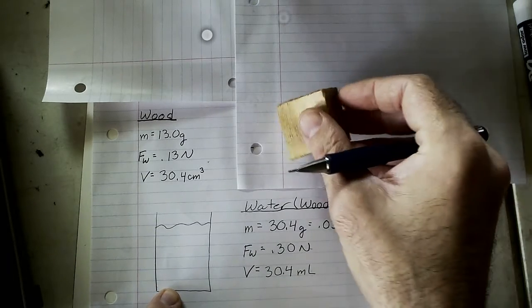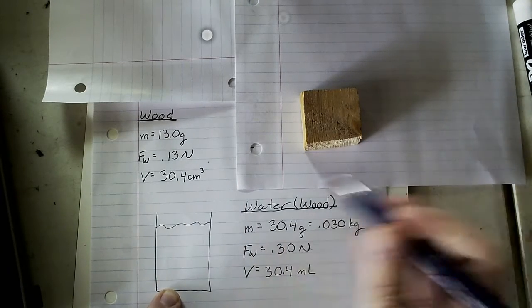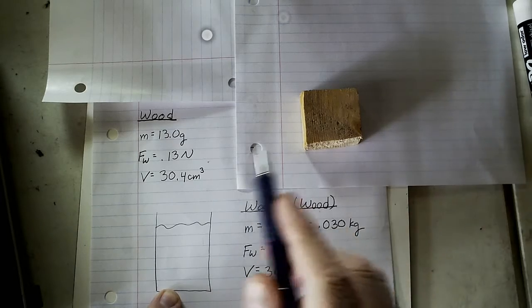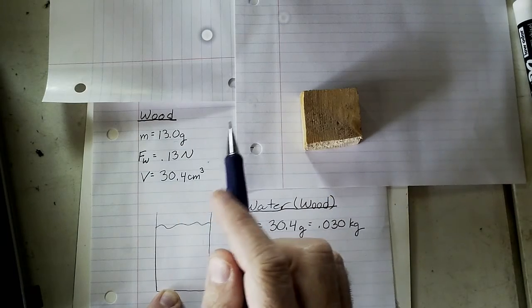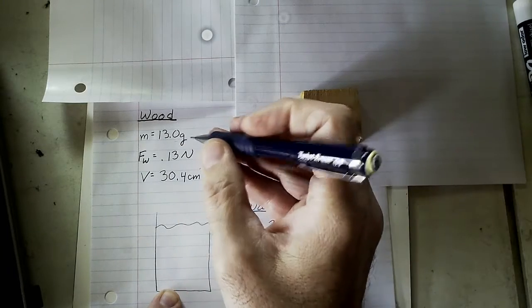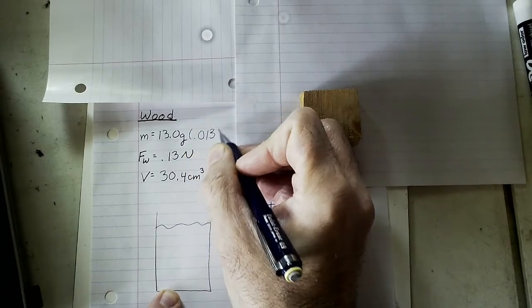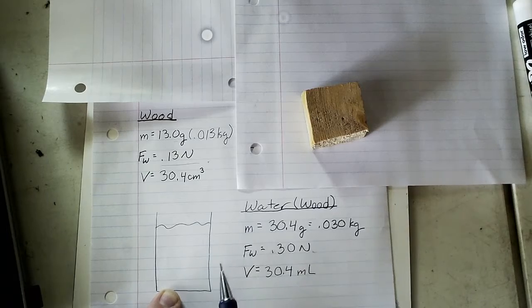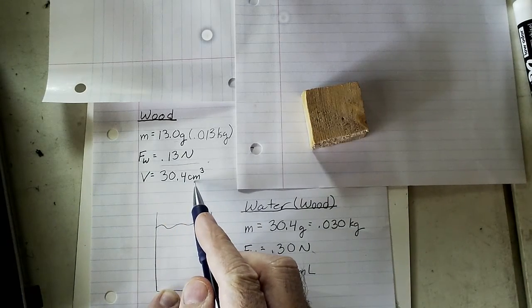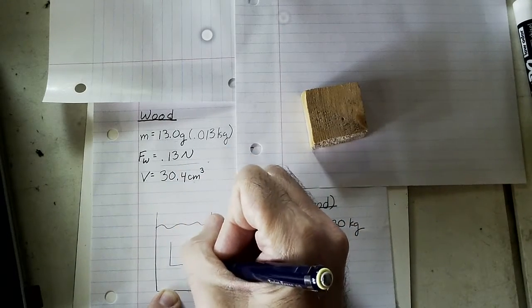I have this covered up because it's going to be part of the lab that I'm going to introduce you to. But the wood, it's 13 grams. So what I did is I took 13 grams and converted it to 0.013 kilograms, multiplied it by 9.8, and then there's our weight. The volume is 30.4 cubic centimeters. But what we have is our wood block in the water,